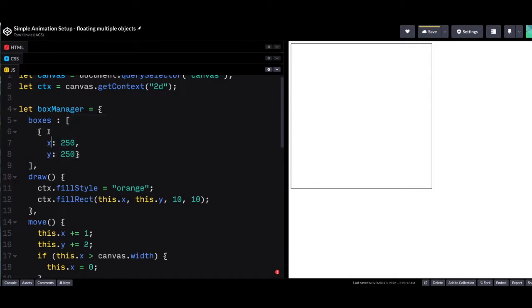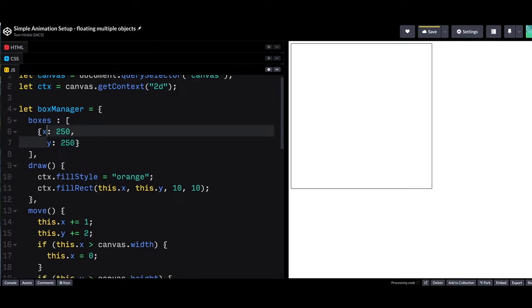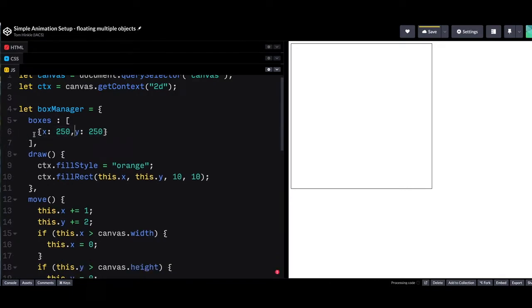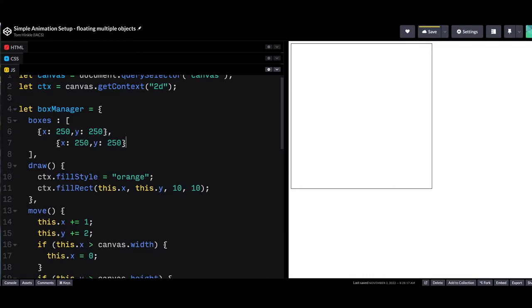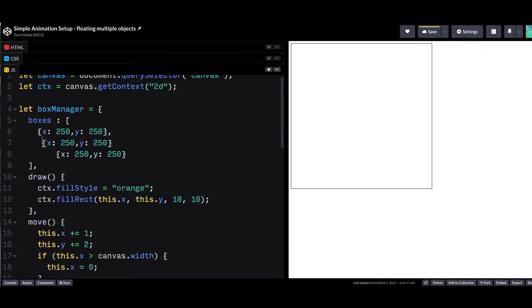And anytime I'm going to work with a list, I like to just at least have 2 items instead of 1 so that I can see that I'm doing something with each item. So I'm going to go ahead and copy my single X, Y coordinates, and I'm going to put these tidily on one line just so that it's easy to copy a bunch of them. And I'm going to go ahead and create more than one. You separate each item with a comma. So I'm missing a comma there on my second line. Let me get these tidied up. I'll go ahead and add that comma. And I'll go ahead and change these coordinate values so that I'm going to have 3 boxes with 3 different